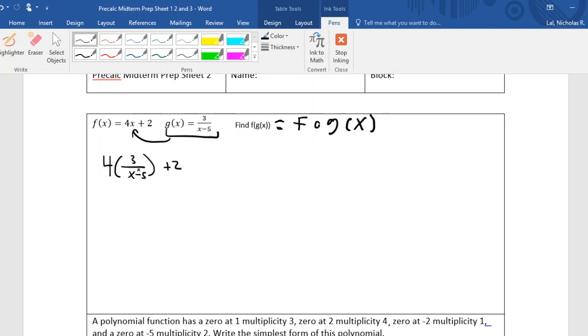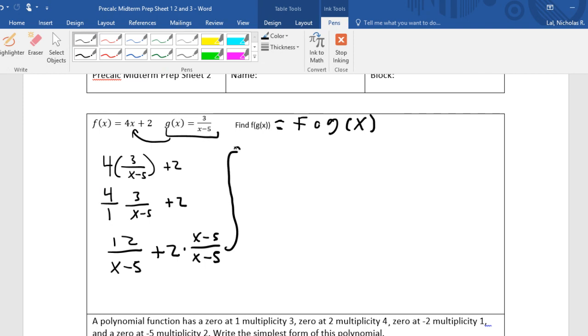So 4 times 3 over x minus 5 plus 2 becomes 4 over 1 times 3 over x minus 5 plus 2, so this becomes 12 over x minus 5 plus 2. Multiply the 2 by x minus 5 over x minus 5, and you get,